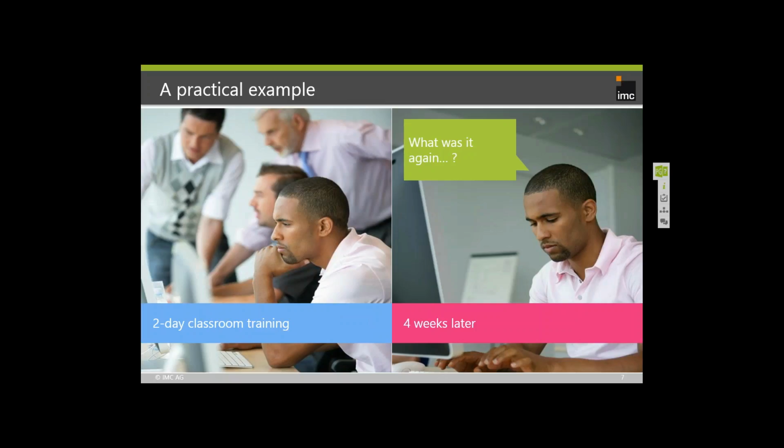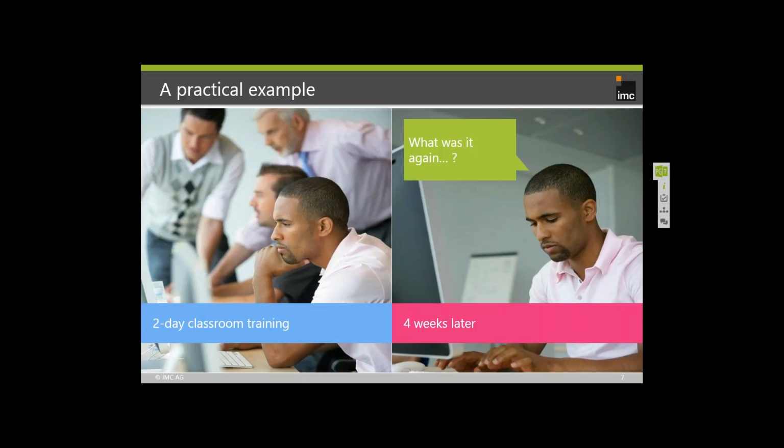Okay, next slide. Let's take a practical example of how formal learning is not the most adequate for every type of training. We probably all have been through those kinds of classroom training where you sit through static slides or do some practice sessions over the course of a couple of days to learn how to go through a business process or how to use complex enterprise software like SAP or CRM systems. What usually happens is you're doing that training maybe as part of your induction or part of a planned training session